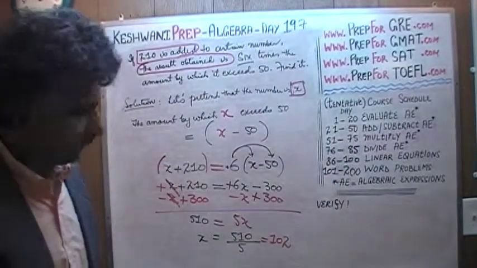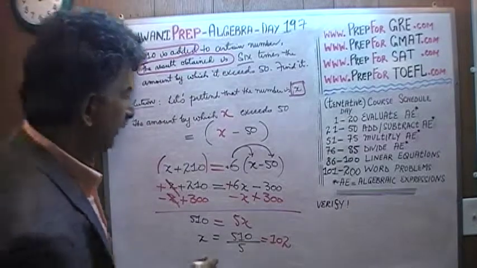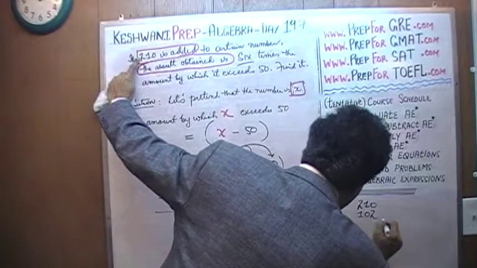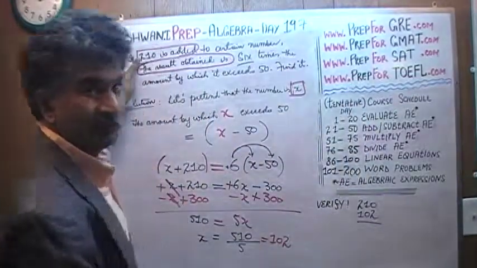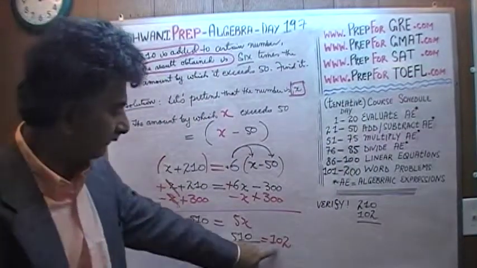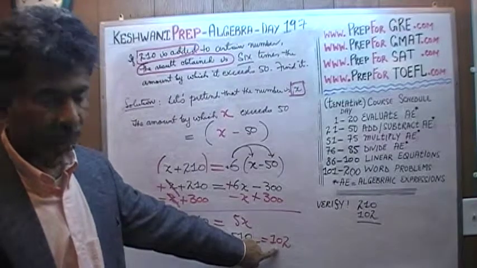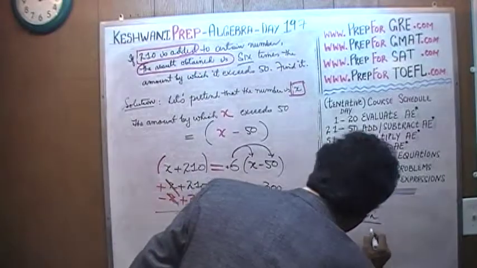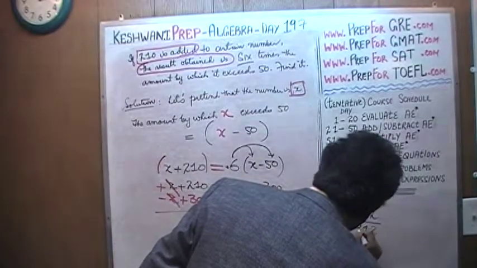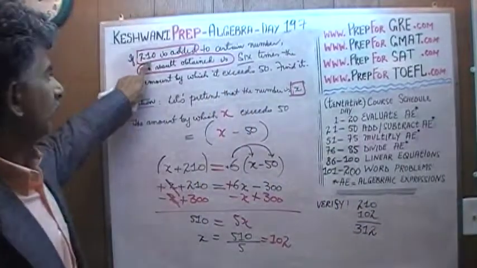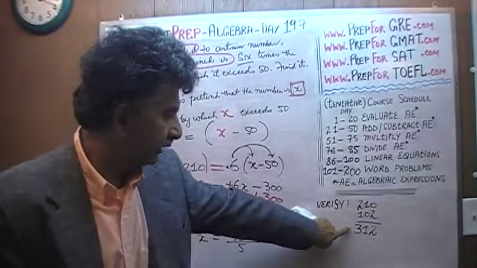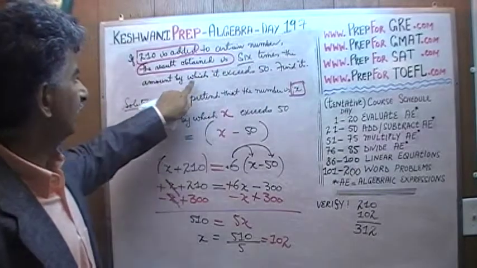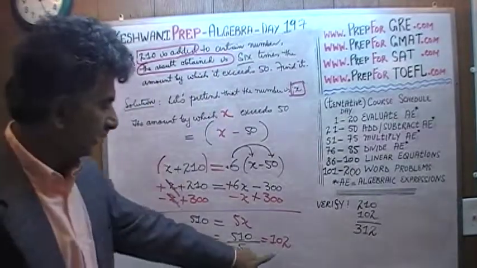We are told that if we were to add 210 to the answer that we claim to be the right answer, we are claiming that the answer is 102, and if we were to add 210 to 102, we get 312, and according to the problem, this quantity 312 better be 6 times the amount by which 102